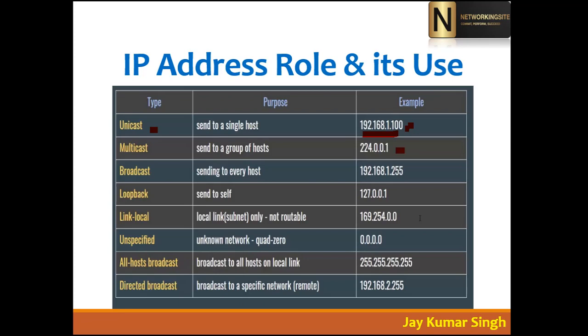And this is the multicast IP address, which belongs to class D, and we will see what is the use of multicasting. Multicasting is used for sending a message to multiple users in the same group. Like when you learn about dynamic routing, we will see the practical of this multicast IP address.